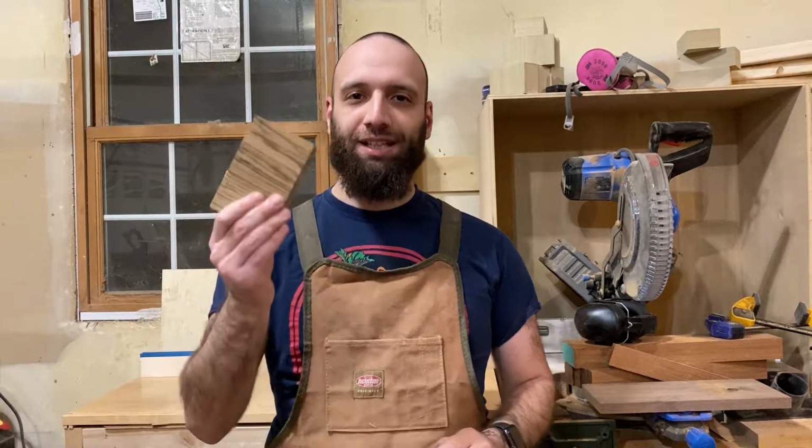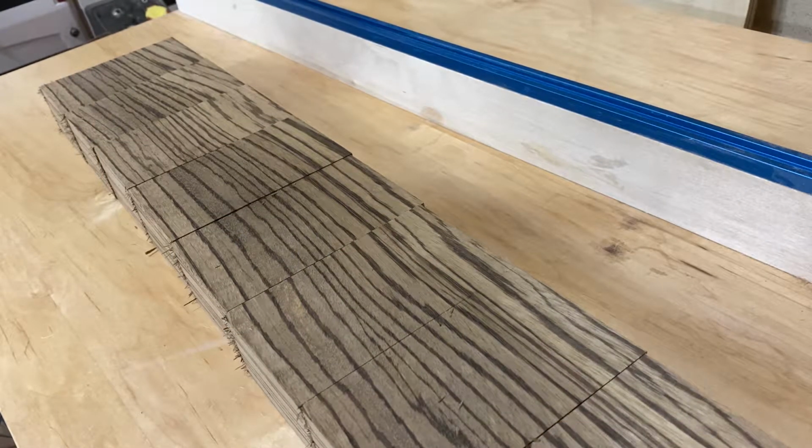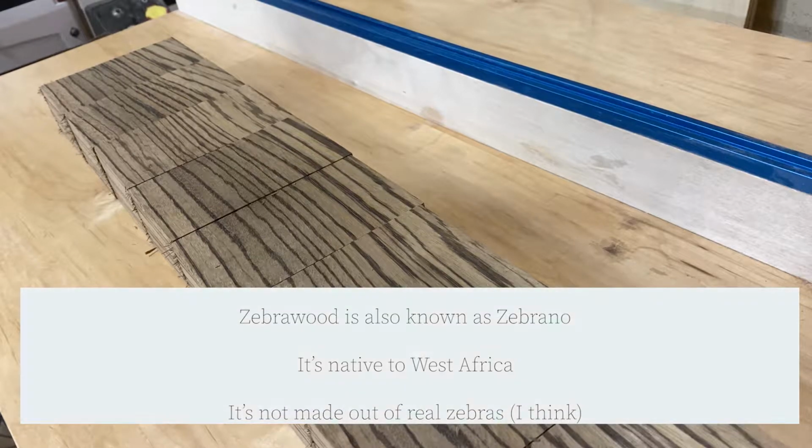Hey, today we're going to make some hardwood propagation stations out of exotic zebrawood. Alright, so first thing you're going to need is some zebrawood. Who would have guessed? Now zebrawood isn't very easy to find. It's an import. It's kind of expensive. It's more expensive than domestics like walnut and maple, but it's really unique looking, so I think it's probably worth